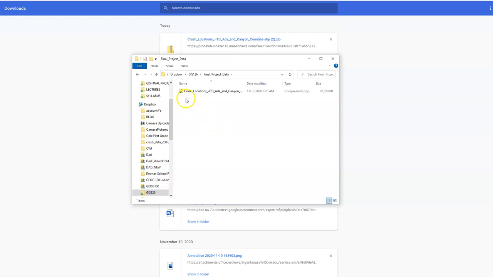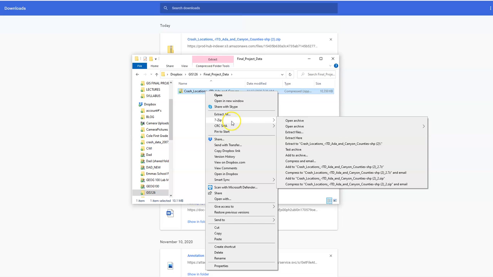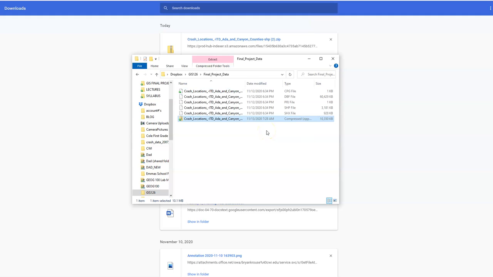As you notice here, this has a little zipper, and it also says it's a compressed zipped folder. So you can use a free application, something called 7-Zip, or if you purchase something called WinZip, something to extract this data with. If I right click this, I can go 7-Zip, extract files here. And notice that they unzipped. So there are